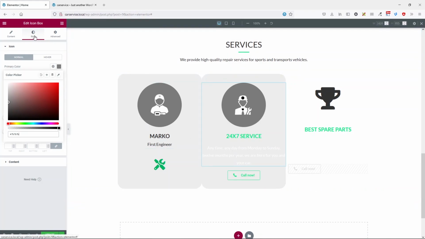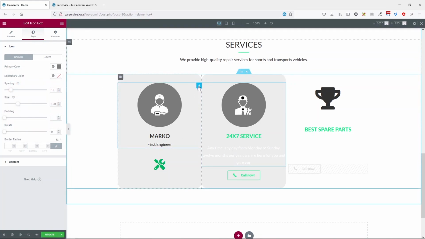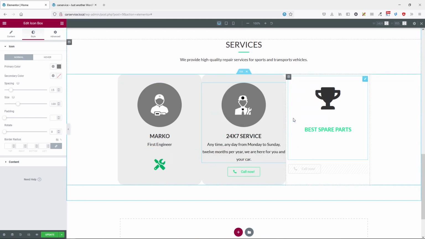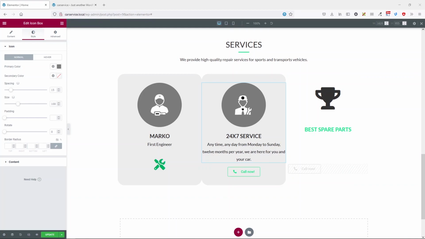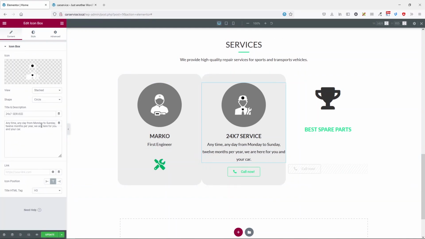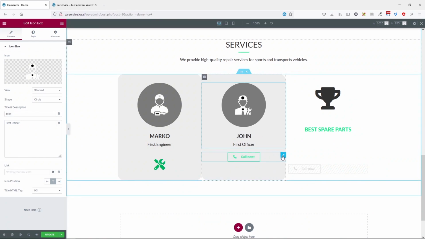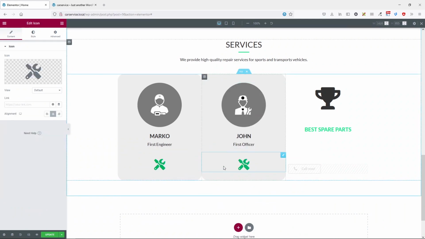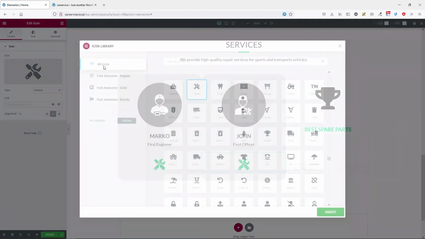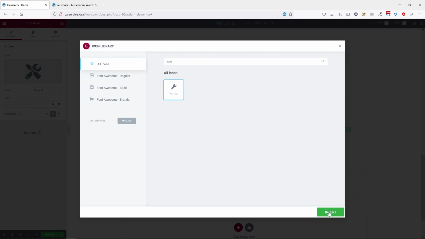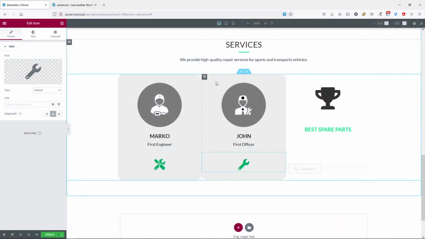Now, what we have next, let's copy this one and paste just styles. Okay. Here type the first officer and here type John. Now let's delete that button and copy this icon and change it to, I think, orange. Yes. Now, again, copy the style for the column,